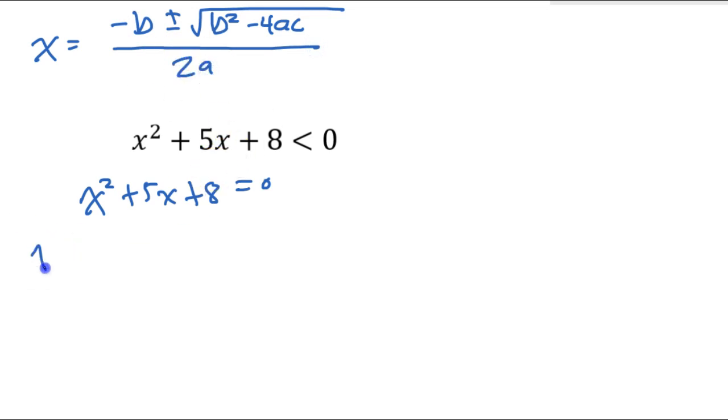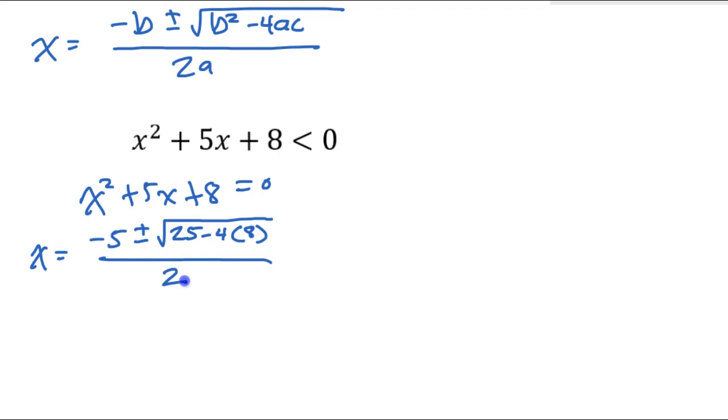So this is going to be, let's see, opposite of b, so negative 5 plus or minus the square root. b squared is 25 minus 4 a, and a is 1, so I'm not going to write that down, times 8, all over 2a, which will just be